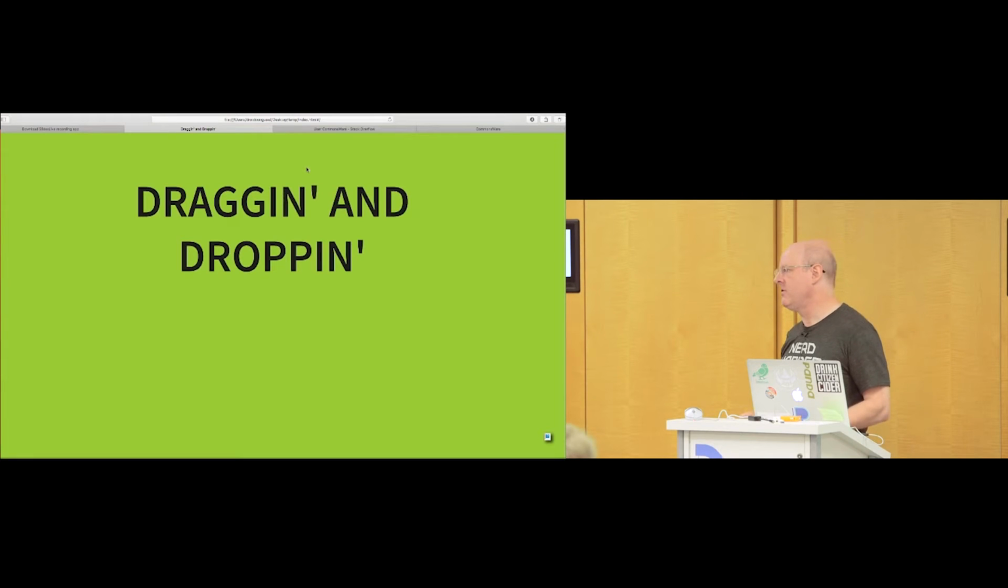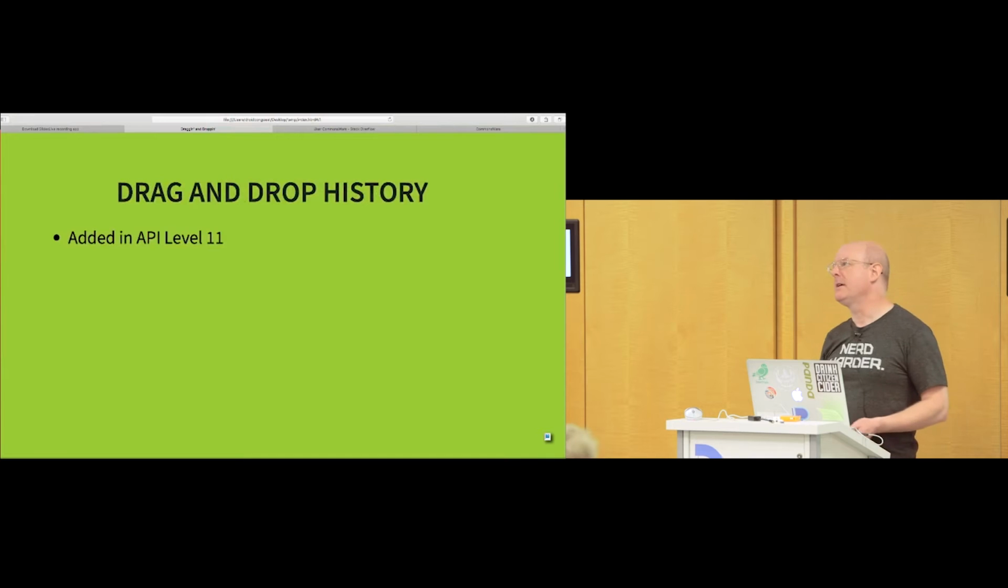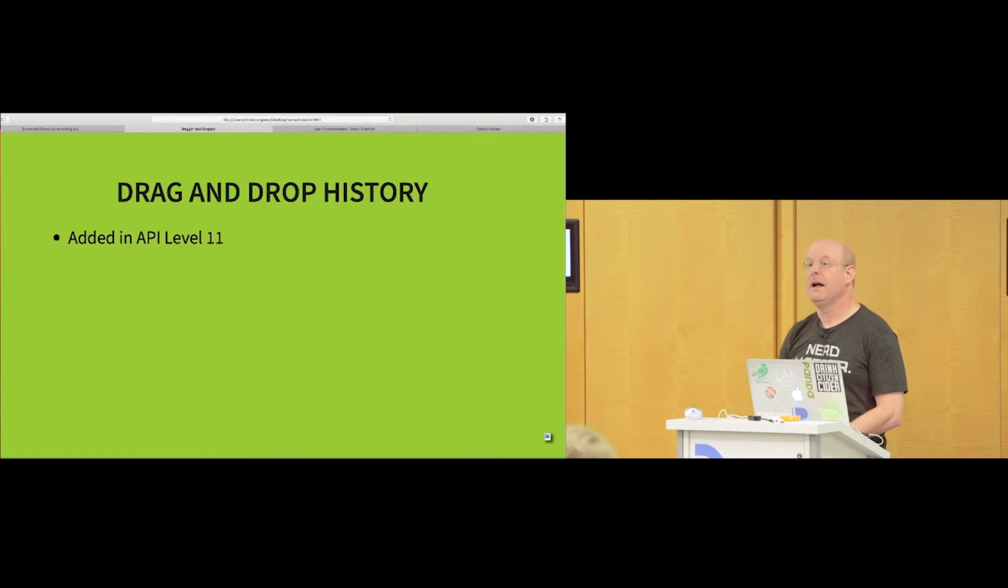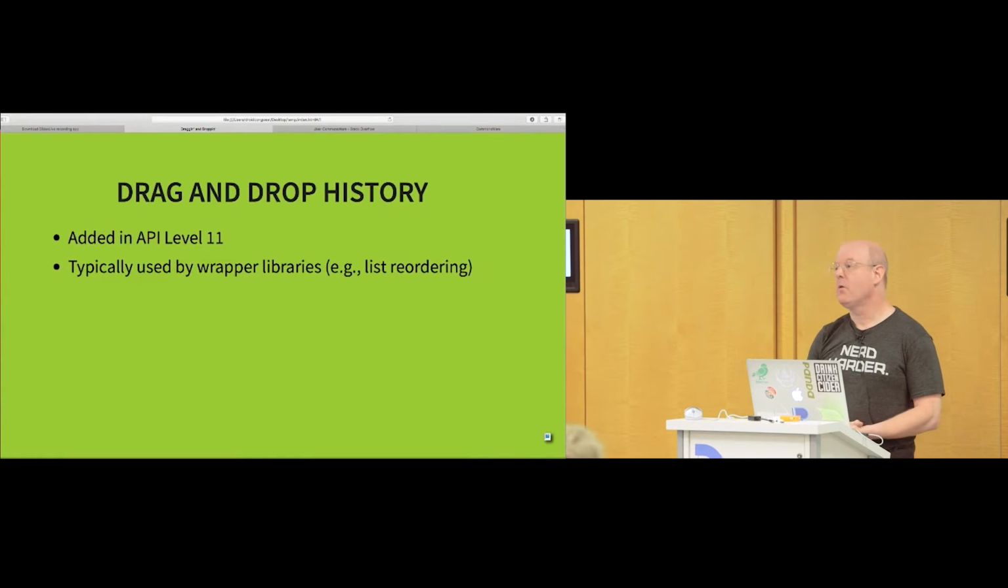Many Android apps have no drag and drop capability at all, despite the fact that we've had drag and drop in Android since API level 11. How many of you are actively maintaining an app whose min SDK version is below 11? So drag and drop is available to all of you,